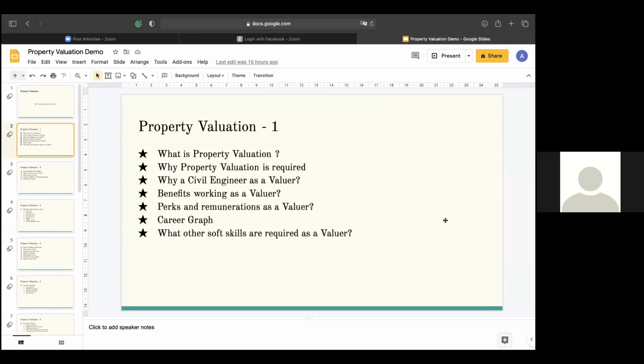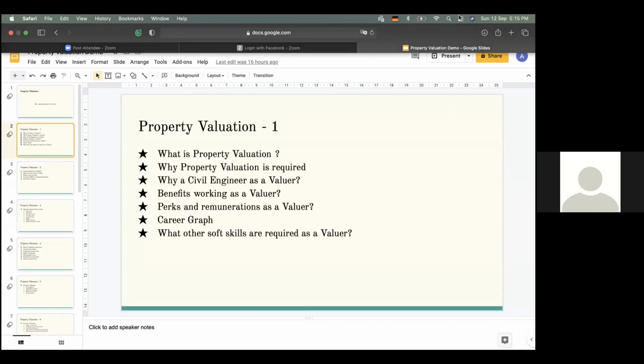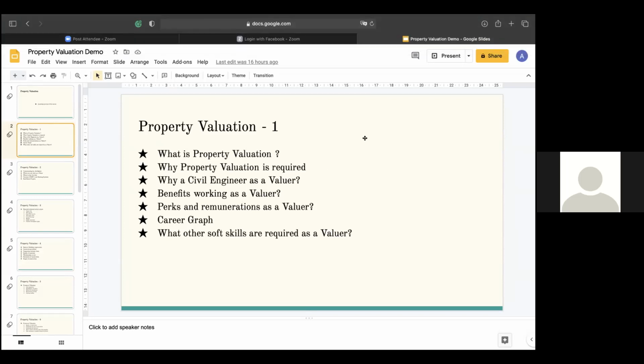Sir, I have a question please. Sir, मेरा बैकग्राउंड अभी पिछले 3-4 साल से हाईवे में है, हाईवे इंजीनियर हूँ। तो ऐसे में अगर मैं वैल्यूअर बनने जाऊंगा, तो IBBI का एग्जाम क्वालिफाई करके, वहाँ रजिस्ट्रेशन करना, उसके बाद 5 ईयर का एक्सपीरियंस, कहीं मैंने पढ़ा है कि एक्सपीरियंस होना चाहिए।